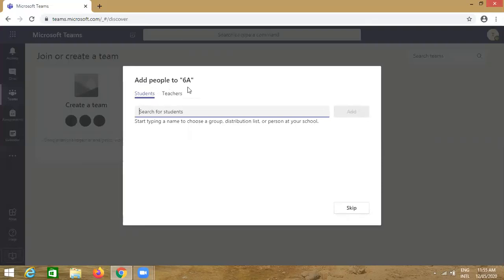Here it will prompt you to add the members. Two types of members can be added. One is students, the other one is teachers. You can do this now or you can do it later on. So we will do it later on. Click here on skip.